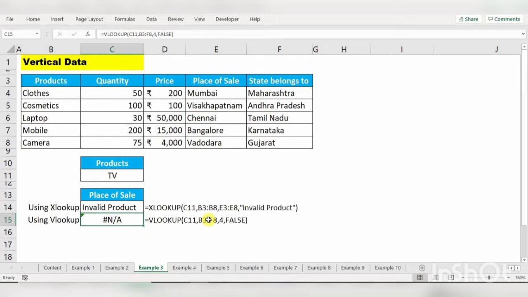Even here you can give a formula as per your requirement. So that is the error handling facility we received in XLOOKUP. See how amazing it is. Now we can go to our next example.